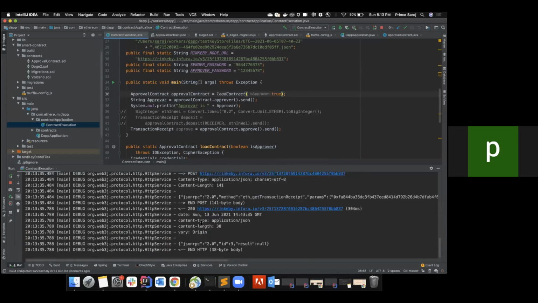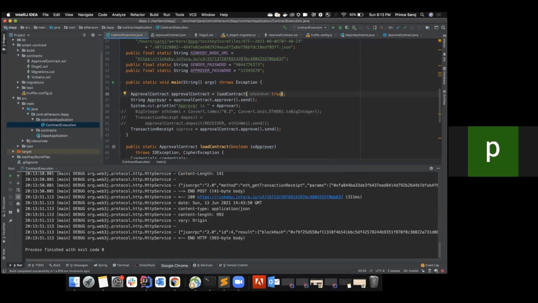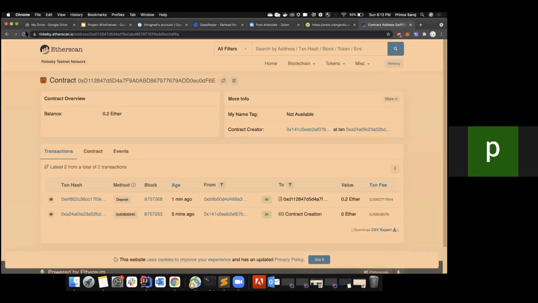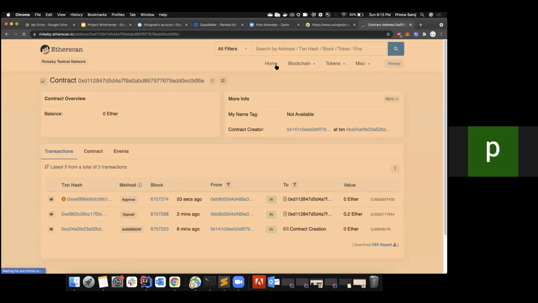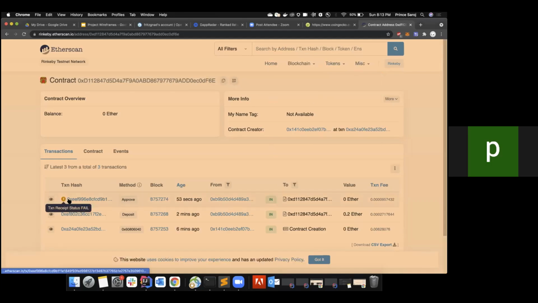now it should be successful. The receiver had 0.2 ETH. Yeah, now it's successful. Let's check the contract address first. Zero, it has 0 Ether. See, the